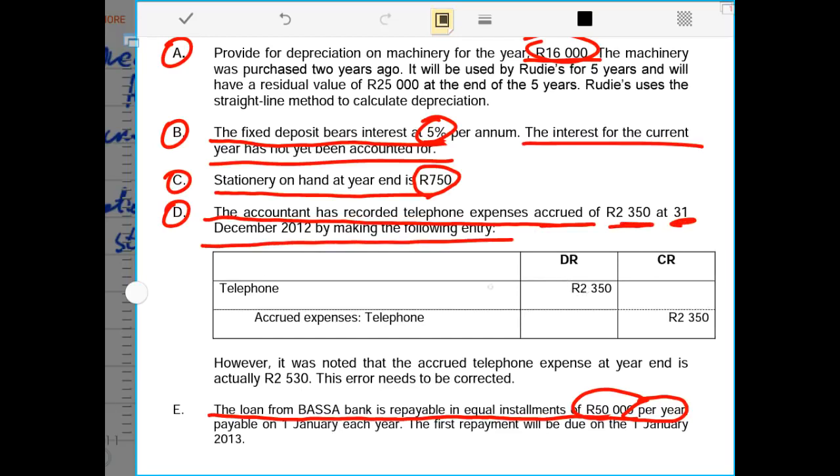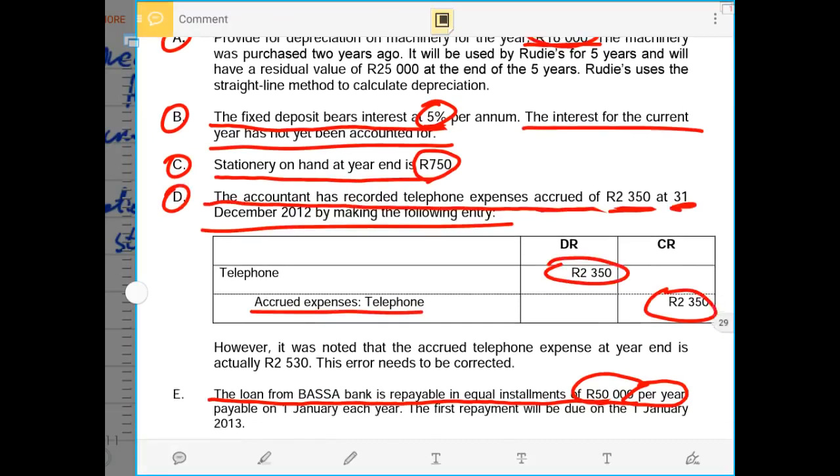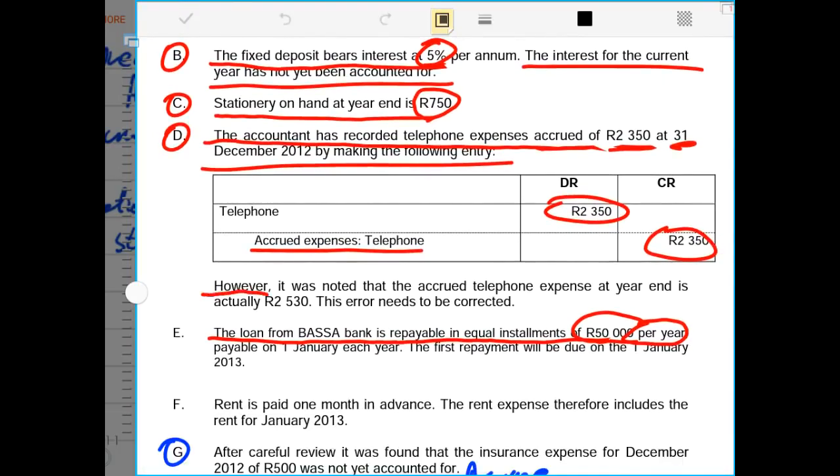Debit telephone 2,350 and credit accrued telephone by 2,350. And it says, however, it was noted that the accrued telephone expense at year end is actually